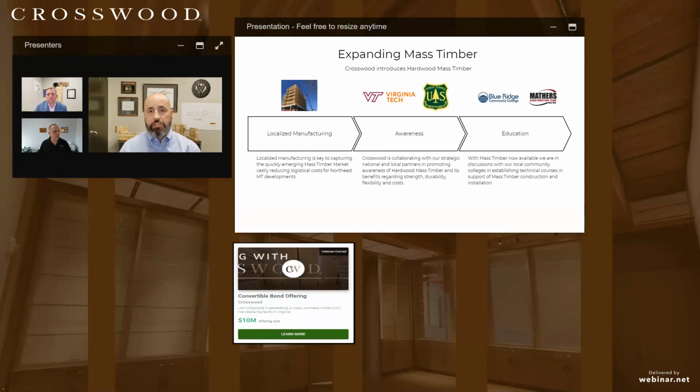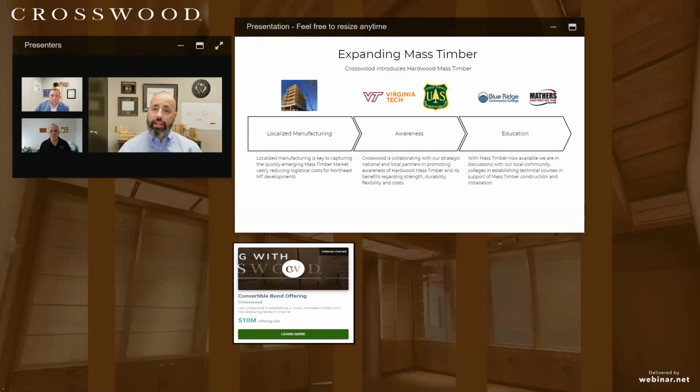But education doesn't just stop in the classroom. Everybody that's here is a professional and has taken time out of their day, for which we are grateful, to educate themselves. Maybe you're not interested in investing with us, and that's fine. But maybe you're just excited about mass timber, or simply excited about seeing a new manufacturing facility come online here in Augusta County, Virginia. So that's why we also call out a partner like Mather's Construction Team, because they've been wonderful collaborators, wanting to educate their workforce and look at changing some of their development practices, and how they could incorporate hardwood CLT into their construction projects.